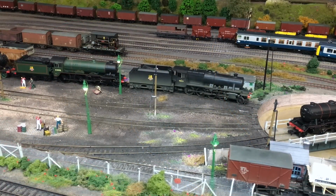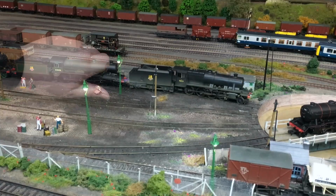A really easy install, and just another light in this area, which hopefully on the Monday Club will show up quite nicely, and also has the benefit that we can control this from the DCC accessory bus as well. So really easy, as you just saw, just to add these in, as long as you've got a Mimic board somewhere to plug it back to. And then once we're done,